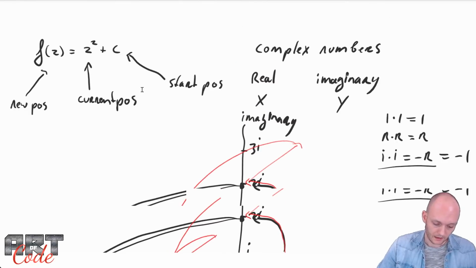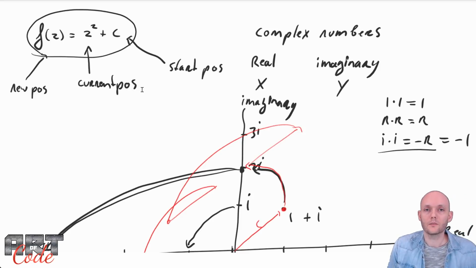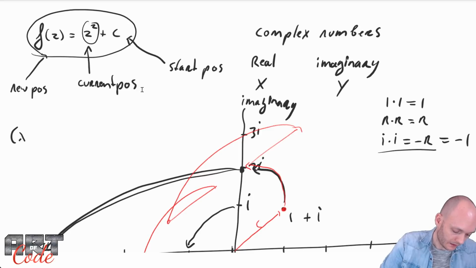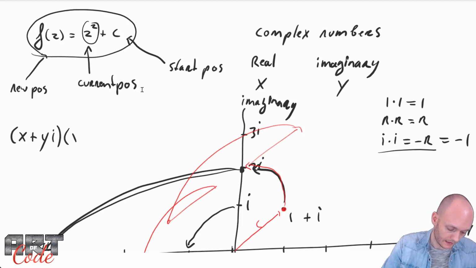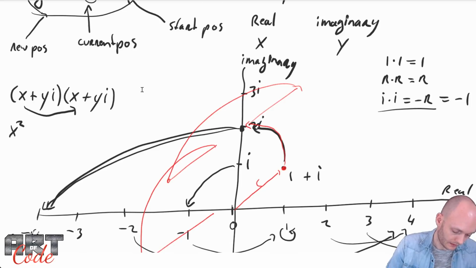And so now the last thing to do is to figure out how can we do this complex number thing inside of the computer, which doesn't natively support complex math. So for that, we really only have to look at the z squared over there. So the z has an x component, right? And it has an imaginary y component, right? So, and if I square that, I get x plus yi, squared. So again, I'm just going to go over here, I do x times x, so that gives me x squared, and then I'm going to do this one, x, y, so plus xyi. Over here, I'm going to get the same thing, plus